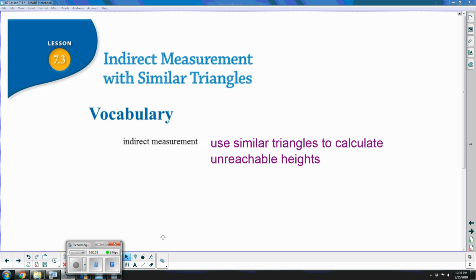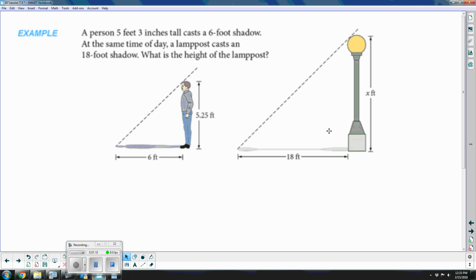So we're going to go through a lot of word problems, and in some of these there are diagrams provided. Sometimes you'll be asked to draw your own diagram. If there's not a diagram, I highly suggest that you sketch one out. It doesn't have to be pretty, it just has to kind of give you an idea of what you're looking for. So in this first example that you see on your note sheet, a person who's 5 feet 3 inches